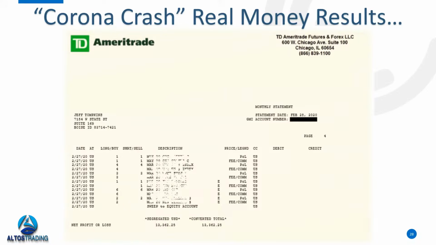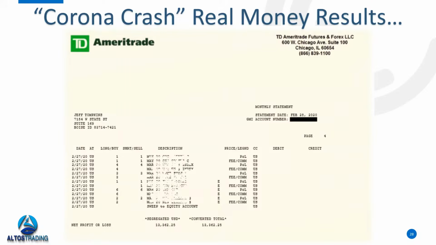Now, I'm a big believer in backing up anything I teach with real world, real money proof. I'm not just throwing this out there as theory. I actually use this myself. So I'm going to share some of my account statements from terrible periods in the market. This is my TD Ameritrade statement, of course now it's Schwab, which acquired TD Ameritrade, from back in February of 2020. I was trading the Slingshot using the Trade Trend indicator.